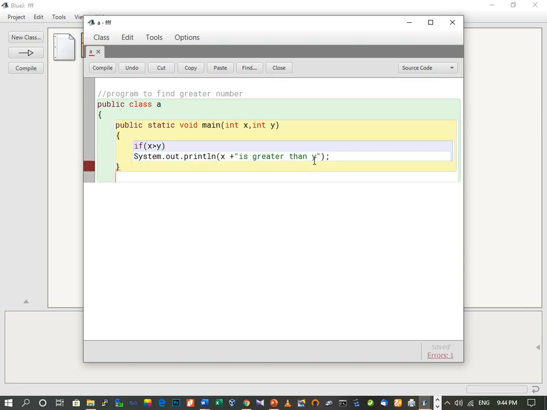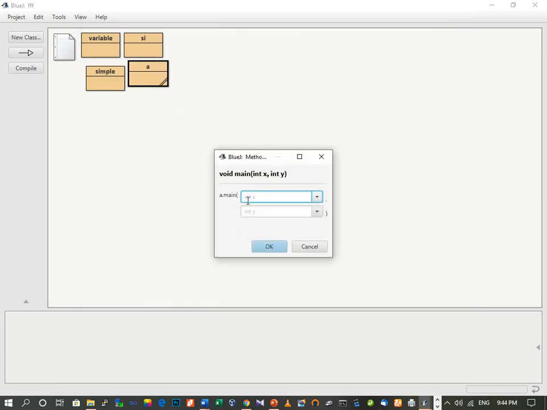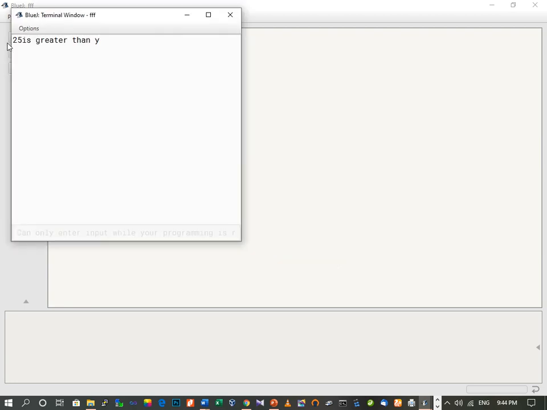Now we will close this. Here we are just printing that x is greater than y. Now compile this. Here we can see that there is no syntax error. Close. Now we will execute this program. Here you can see two boxes, and it is blinking. So the user has to enter the values of x and y here. For instance, suppose the value of x is 25 and the value of y is 5. Then obviously this will print that 25 is greater than y. Here we could have entered the value of y also.